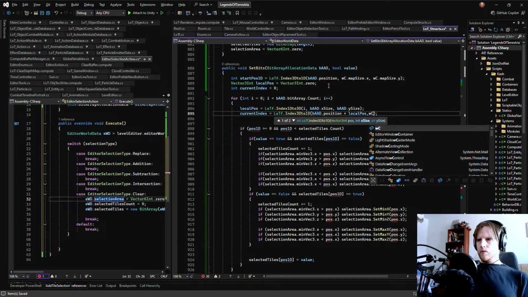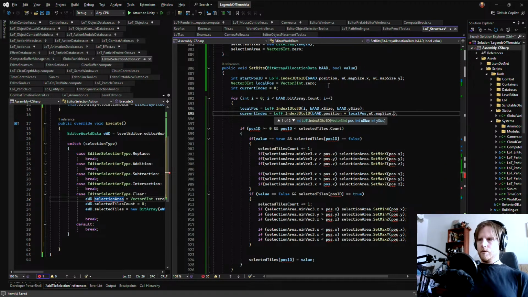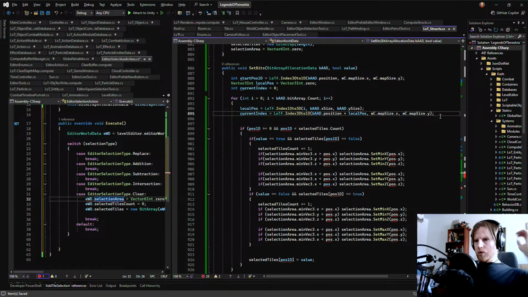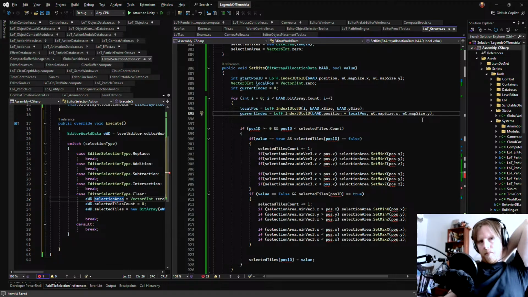And then this is world controller dot map size dot x, world controller dot map size dot y. I do need to go to the store later.